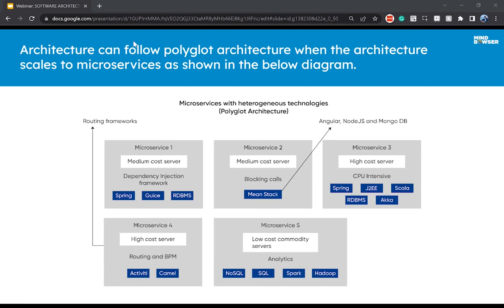So that requires a lot of CPU-intensive applications, for which Java is supported. And we also need a service that performs high analytics with more input/output, leading to scalable data stores, so that we can cater to the NoSQL or Spark or Hadoop related microservice. Similarly, we can have the kind of blocking calls which actually don't need that microservice.